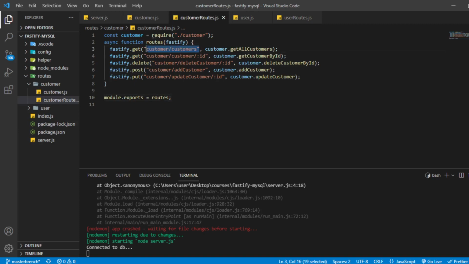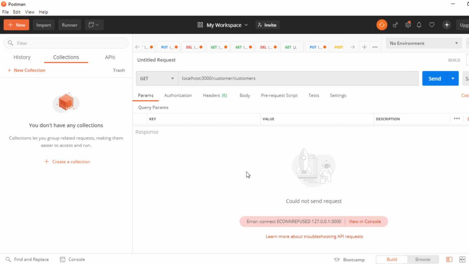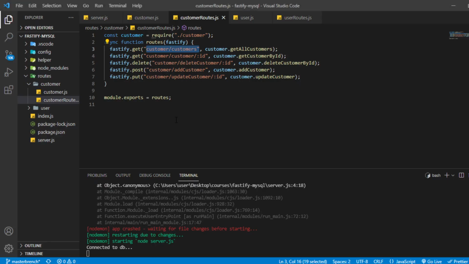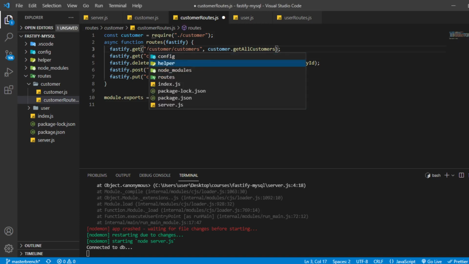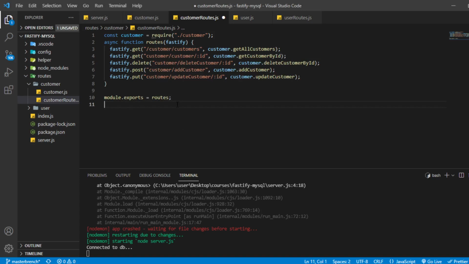Let me copy this route and paste it here. I think we have forgotten to put, yes, the slash.